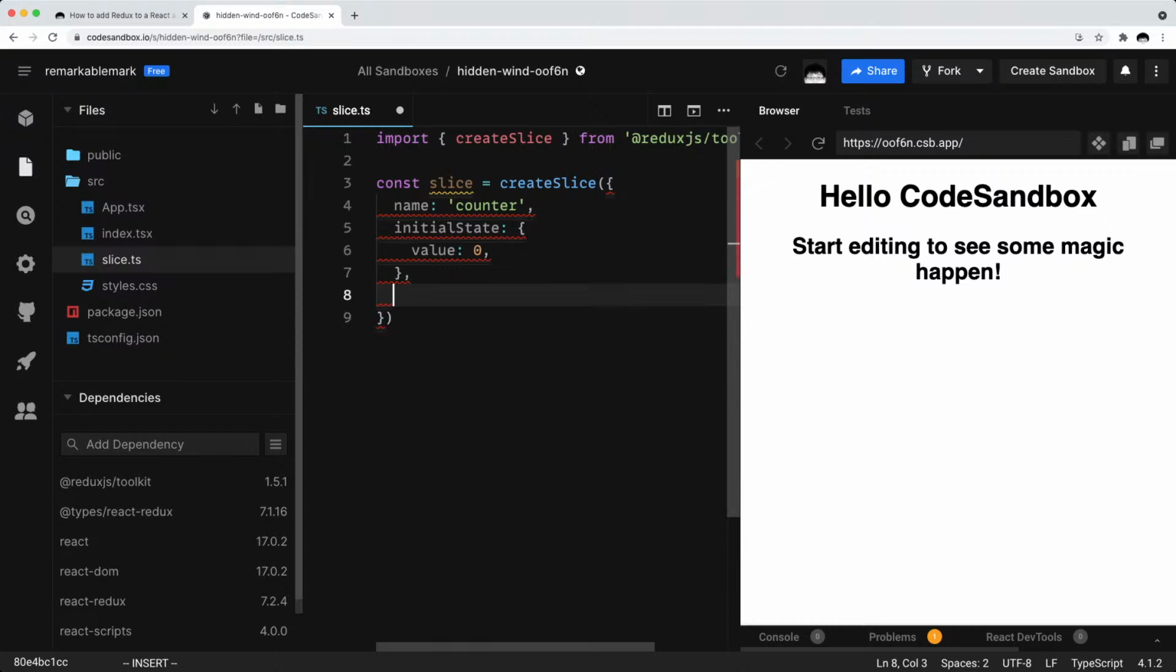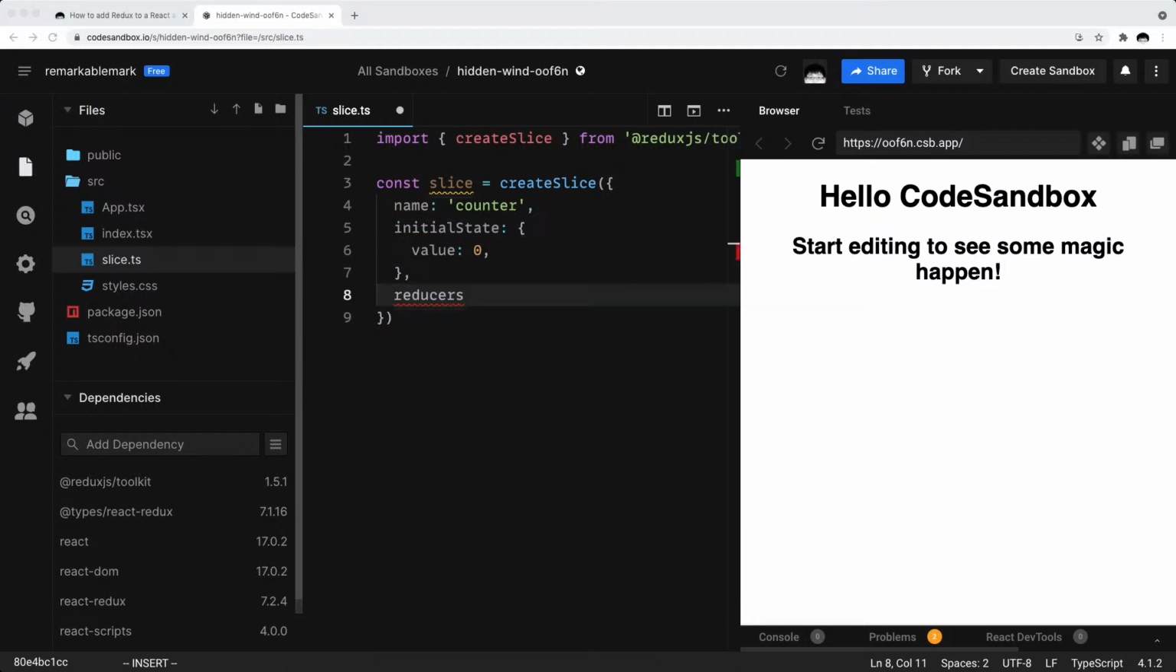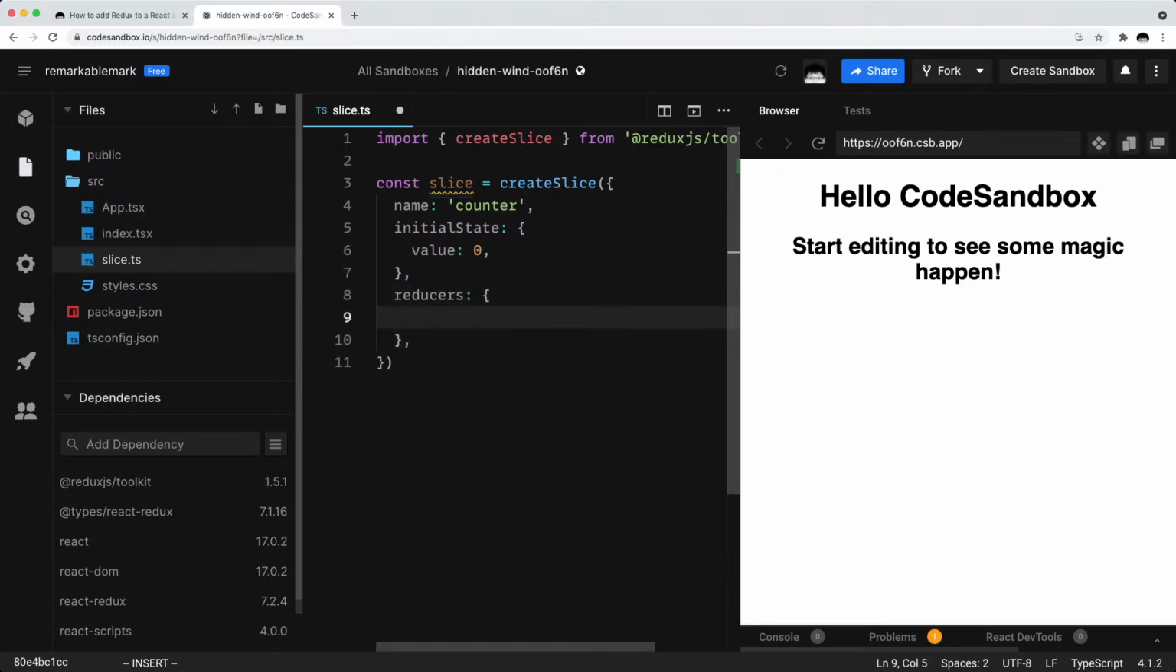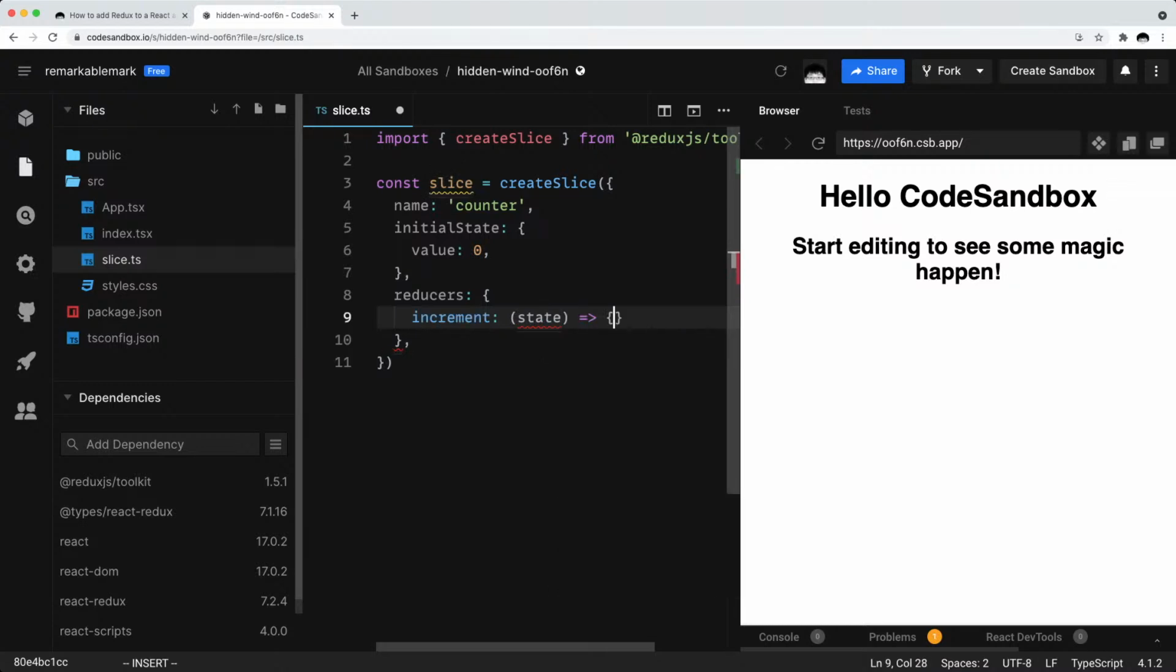Then what we want to do is add reducers. So pretty much the reducers field allows us to define reducers and generate associated actions. For those who have used Redux before, it should be pretty familiar. And so in our reducers, let's create 2 fields for it. Let's create an increment as well as a decrement. And so as you can guess from increment, what increment does is it takes a state and then returns a new one where we increment the value by 1. So we'll do state.value